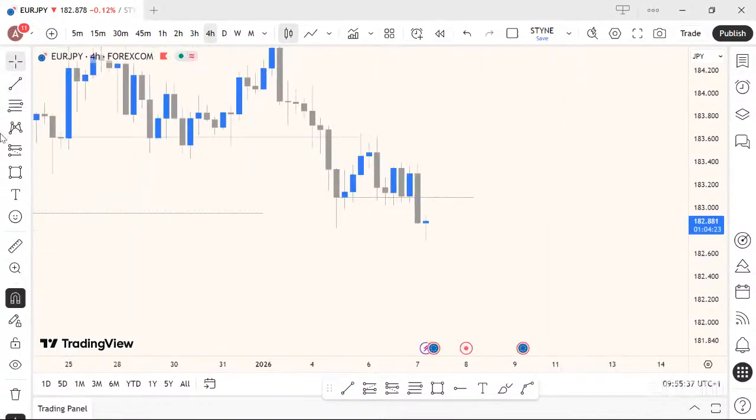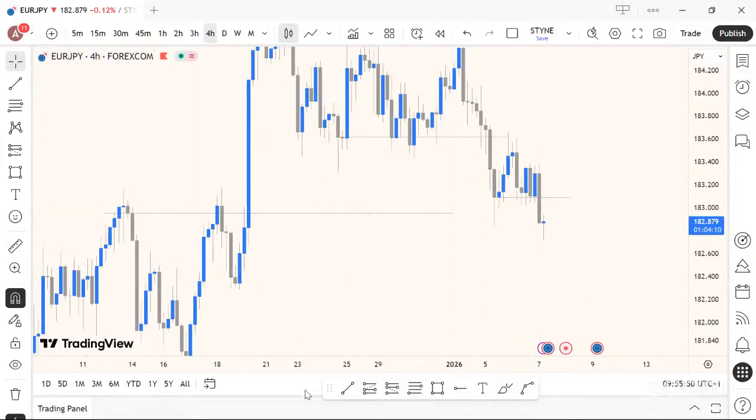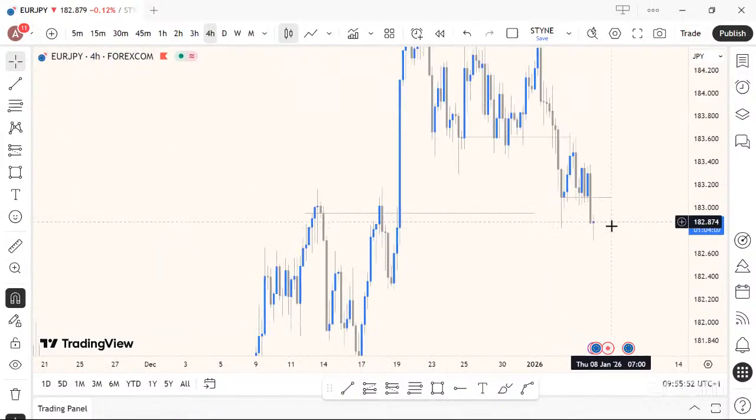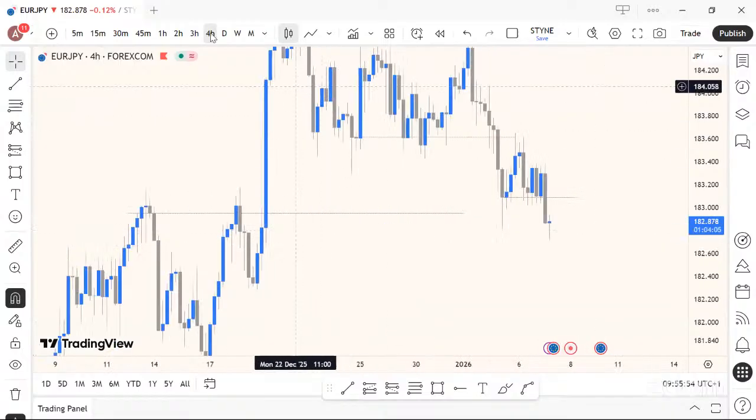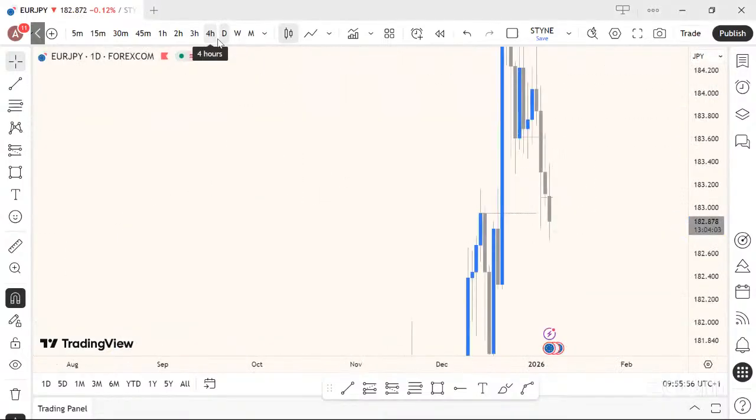Can you see? See the way price has dwelled here over and over and over, and then we now have this one. Then we now have this major break of structure. So can't we expect Euro JPY to do something like this and continue selling? Exactly. What happens in the market is it just repeats itself over and over and over again. So our job is to position ourselves and catch the moves.